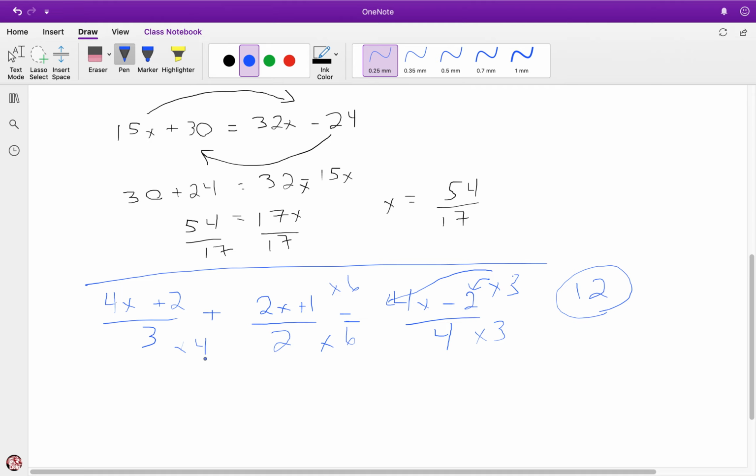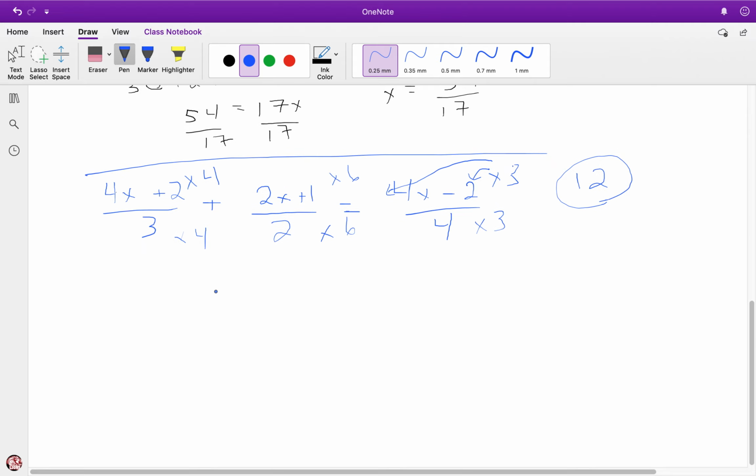This I'm going to multiply by 4. Oh, as my computer decides to slow down all of a sudden. Why that only wants to go down that far, I have no clue. So 4 times 4 is going to be 16x